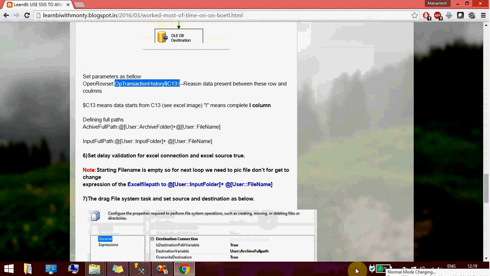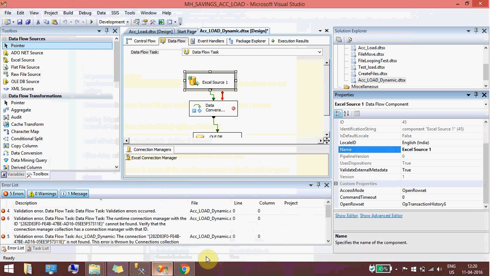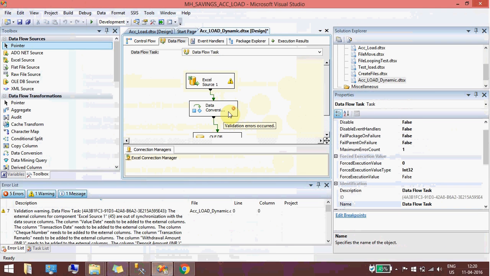If you want to do it for other bank statements which you have, you can do that also. You just need to check where data is starting and where data is ending. In my case it's starting from C13 to I, so I use that.